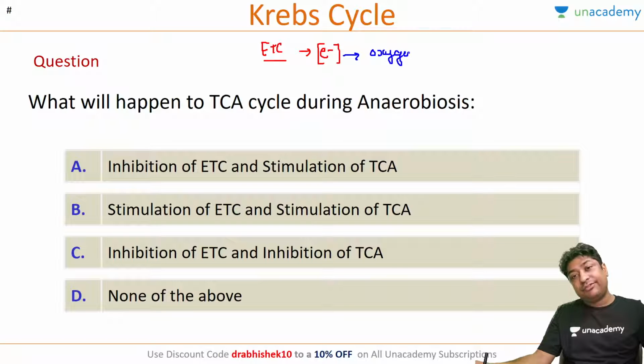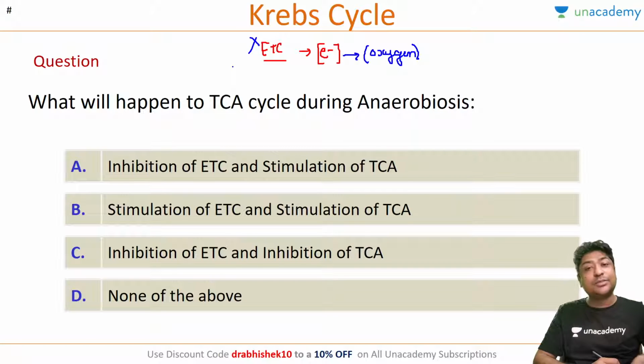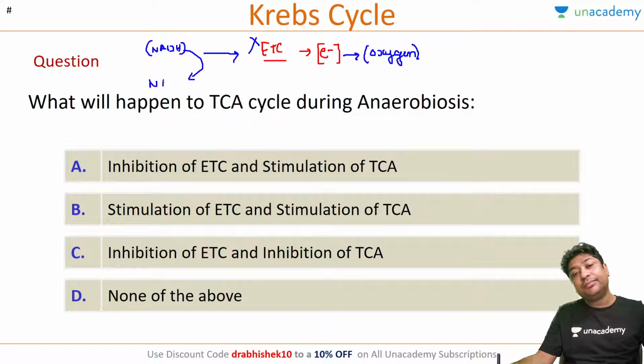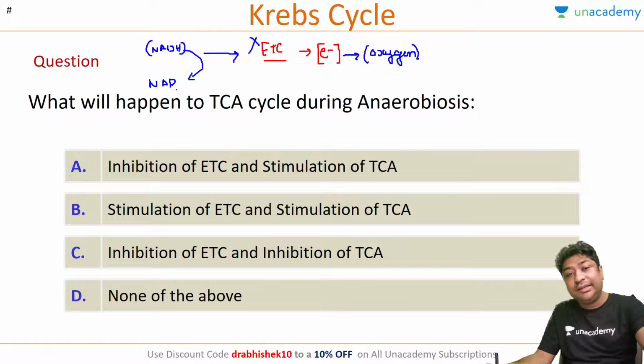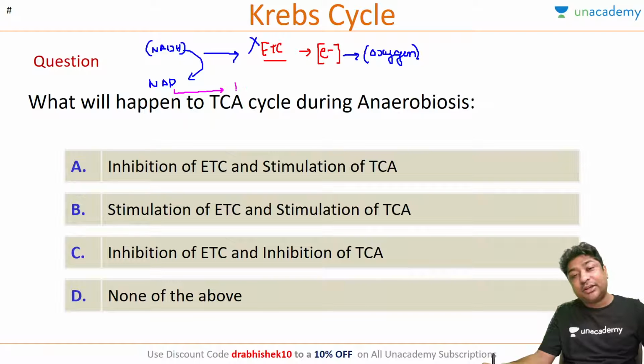Okay, so if oxygen is not there, this electron transport chain will not work. Yes or no? If oxygen is not there, the electron transport chain will not work. If the electron transport chain will not work, all the NADH will not be getting converted back into NAD. Okay, and what will this lead to? This will lead to a depletion of NAD,